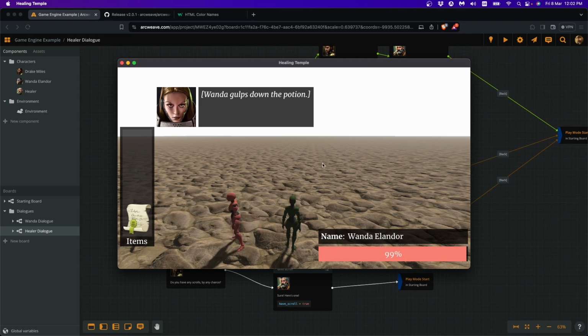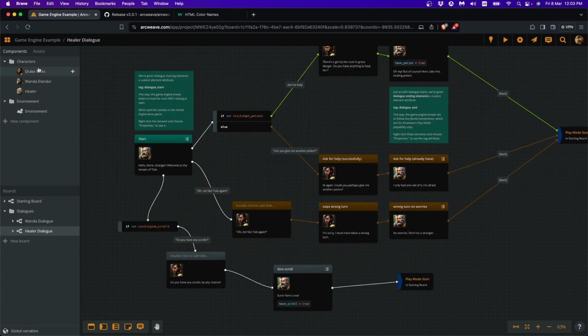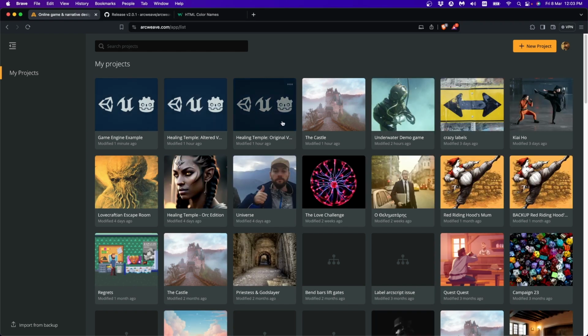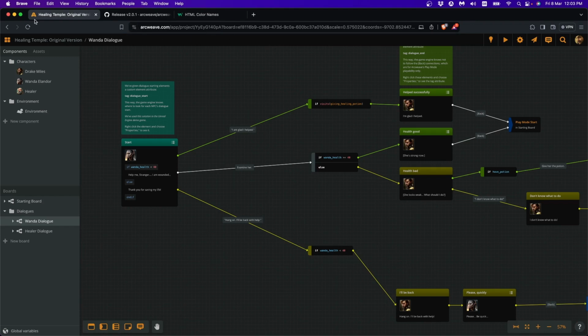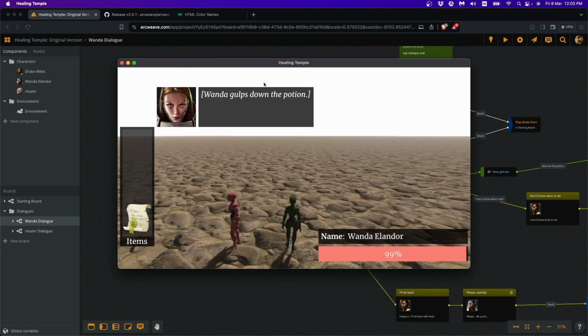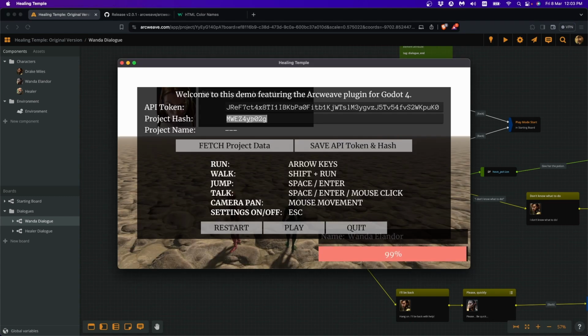Excellent. Finally, to wrap all this together, let's see the case where we have two or more versions of the same story in Arcweave, and we want to be able to quickly swap from one to the other. So I have set up my original and an altered version of the healing temple. So this is my original version. And I also have the other one. So let's copy this hash, put it here, and I can save,